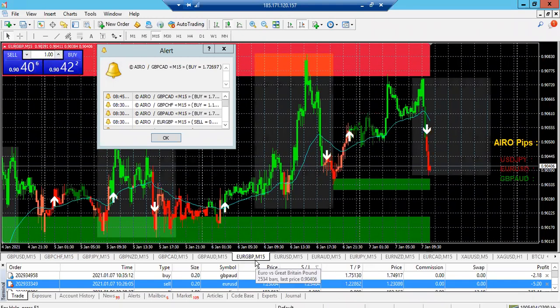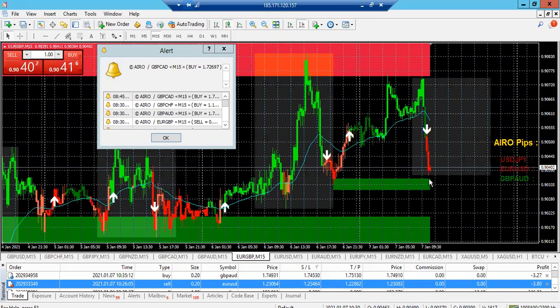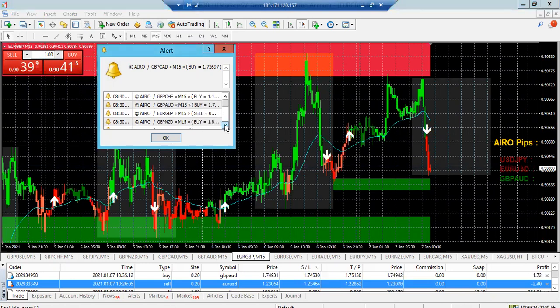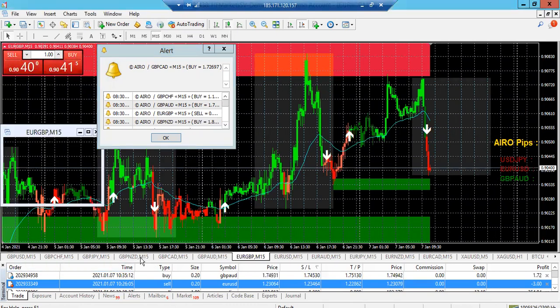Why Euro GBP? Euro GBP is selling, but we didn't enter this trade because, okay, wait. Okay. So Euro GBP is selling, but we didn't enter the trade because the support is very close. So GBP NZD,